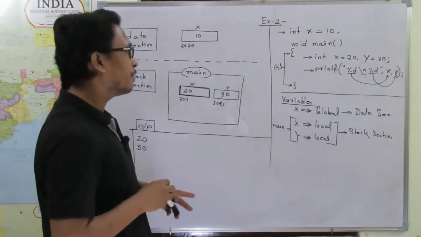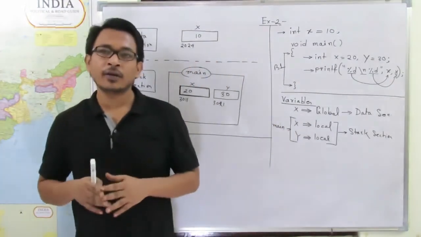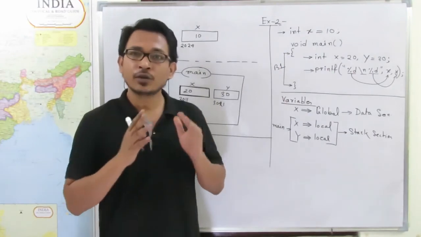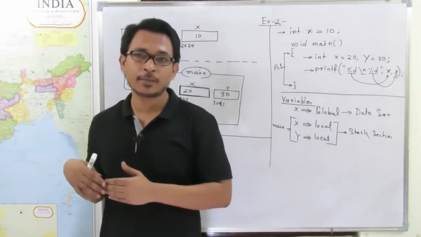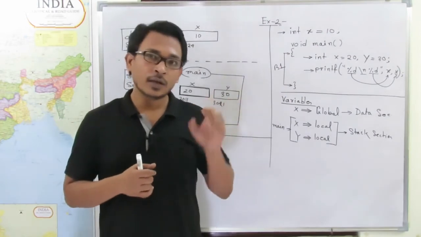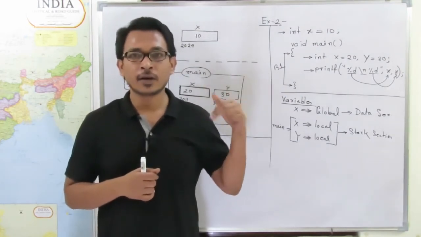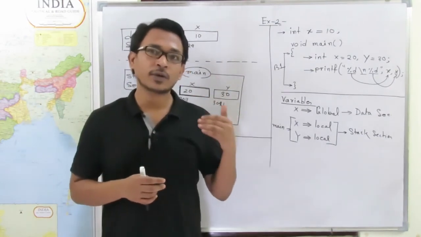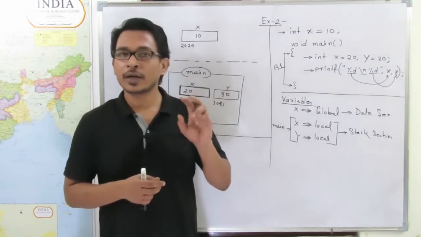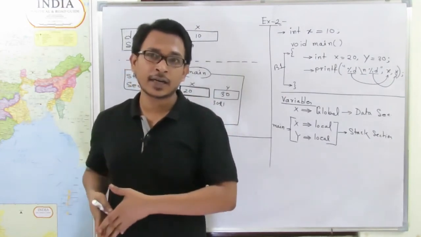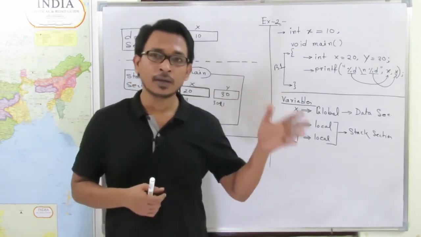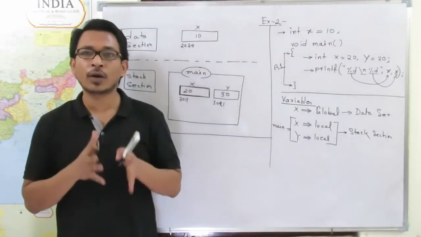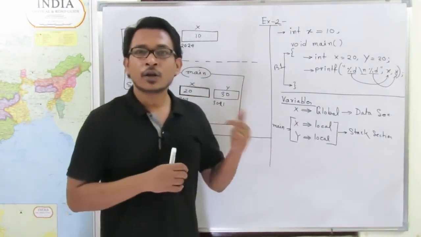So that's how, if we declare a variable in the global section as well as in the local section, and we use that particular variable inside a block, at that time the system will work with the local variable, not with the global variable, as whenever we use any variable, the system first searches for the variable locally. If it is not declared in the local block, at that time only it will go for the global part, that means the data section. Clear? So this is the way the system will work with the global variable as well as the local variable.